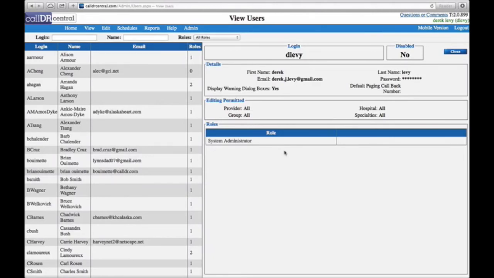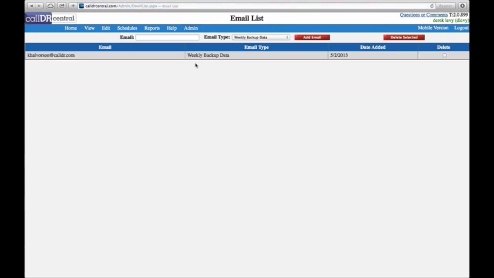To find the email list, we'll go to the blue bar once again, we'll click on Admin, then we'll click on Email List. The email list. Let's go over that. We'll go to the blue bar again, we'll go to Admin again. This time we'll click on Email List. Now this is for people who want to be updated about if there's been a provider change or if just weekly backup data. To add an email, you just click the big red button that says Add Email,